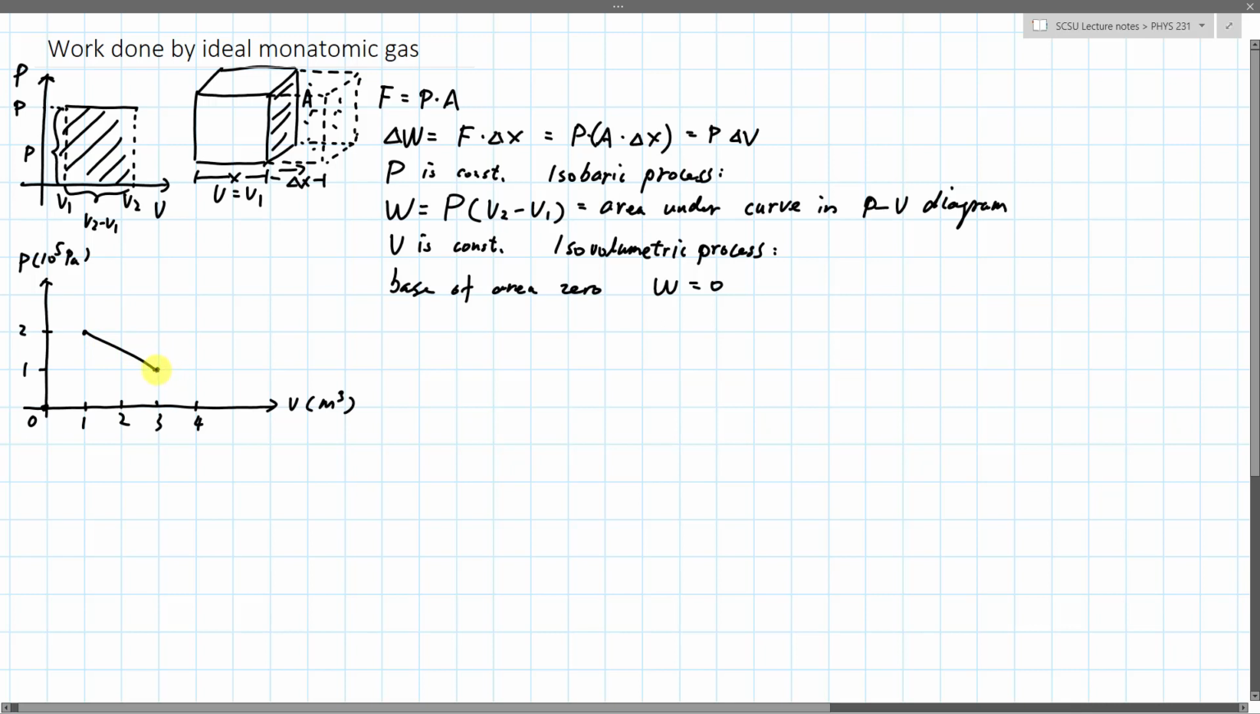Until then we maintain pressure and increase volume. Sorry, decrease volume, increase pressure, then maintain pressure, increase volume. So what is the work done here? Okay, so the work done here, now you see it's the area underneath this curve, and this is not a